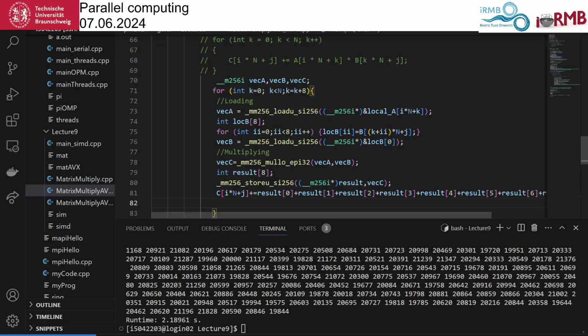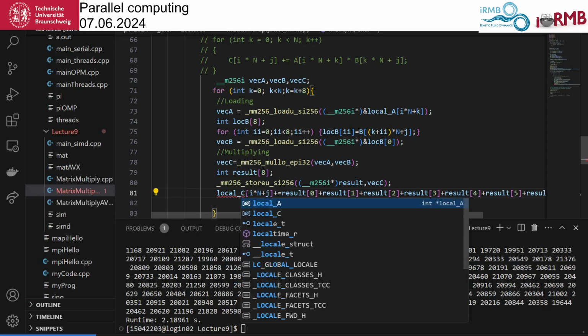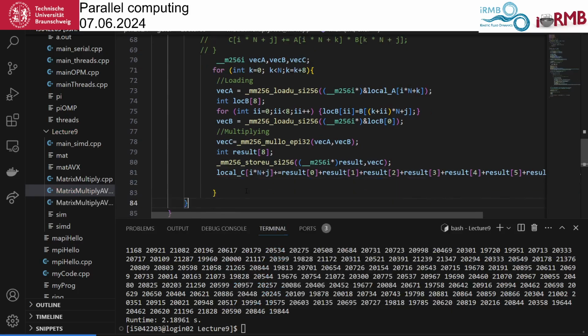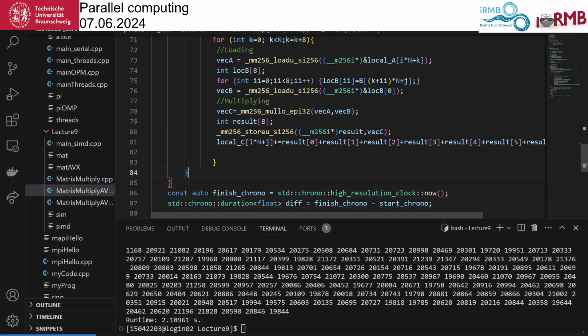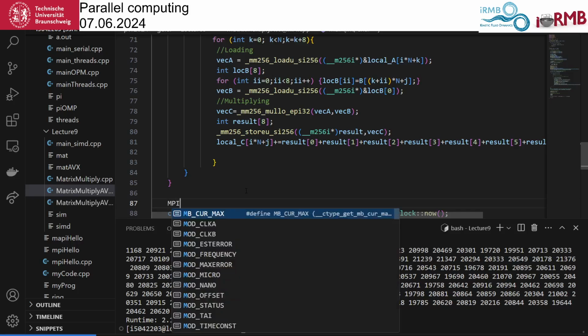Then we go through everything, and then we end up adding this again to the local C. So this should do the job. And now we are done with our loop, and then we have to collect things again. So we have to do an MPI gather.